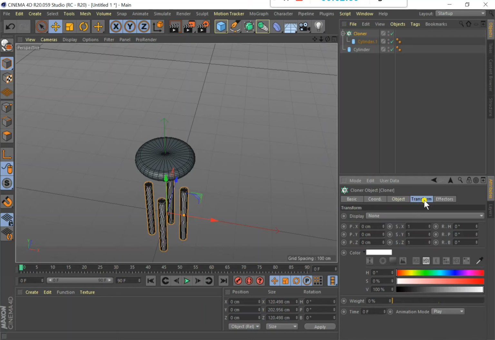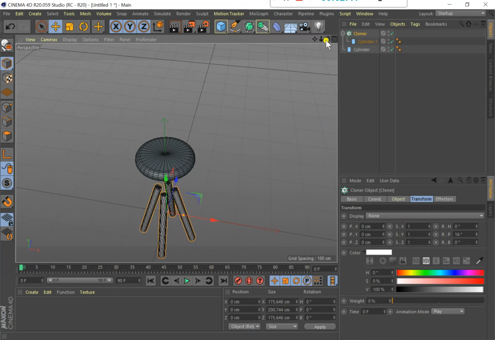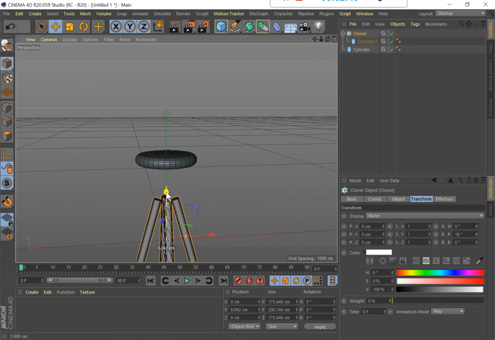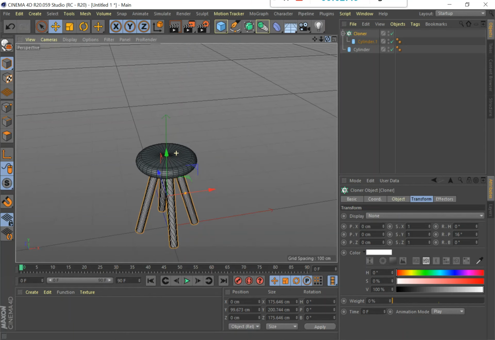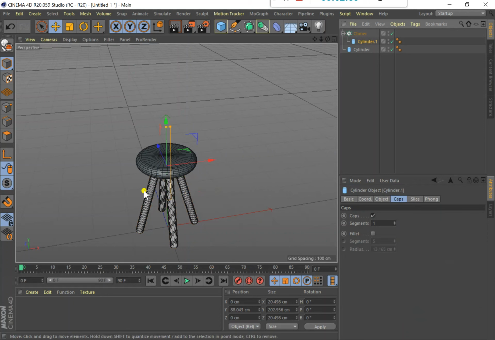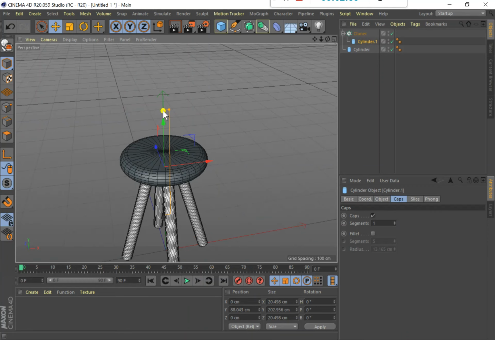Now we need to decrease the angle so it's wide from the bottom. So to do that, we'll do something like this. Now we can move this up, just to see how it will look, and I think it looks fine. I think I just want to decrease the radius of the cylinder, so to do that I'll just